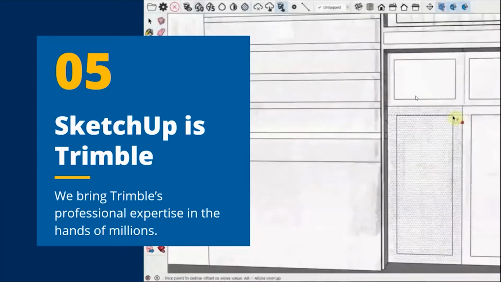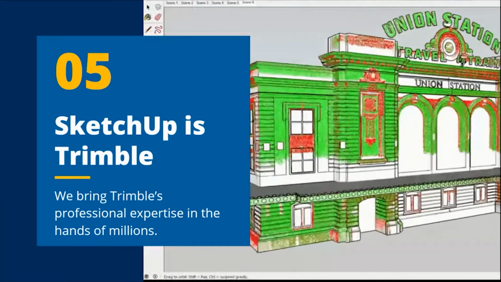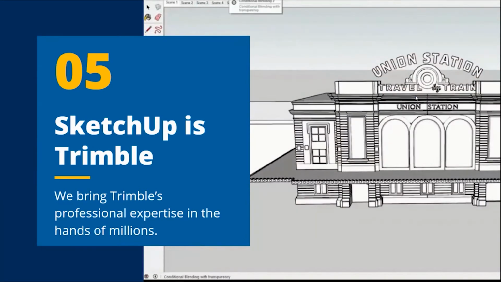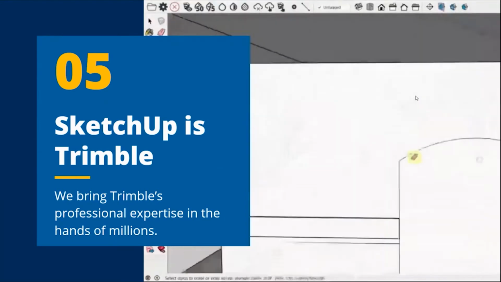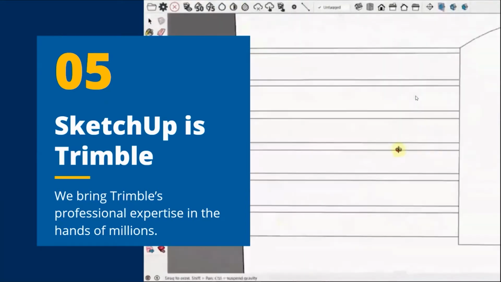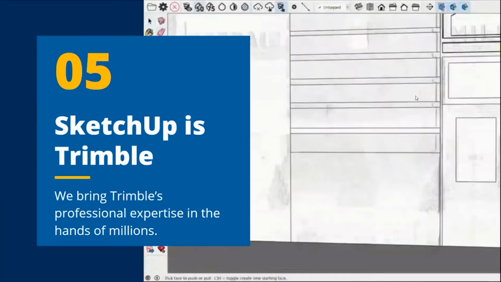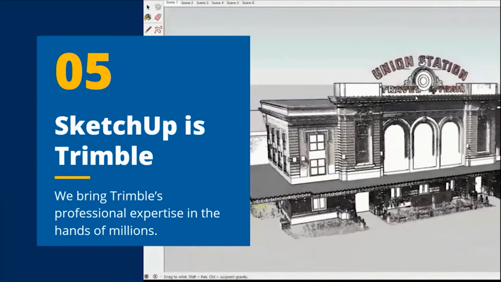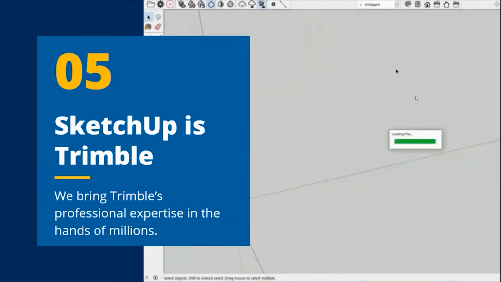We started doing that by bringing in Trimble Connect back in 2019, and we will continue to bring Trimble products and Trimble technology inside SketchUp. A recent example I'm showing on screen right now is Trimble Scan Essentials that allows you to bring point clouds directly inside SketchUp, model and reference around them, and use them for visualization.